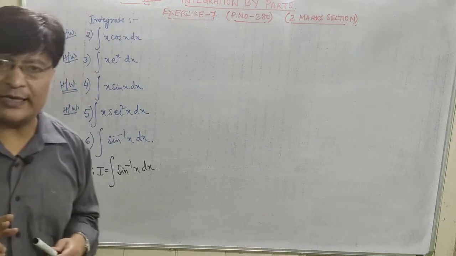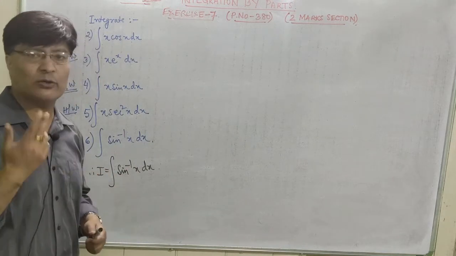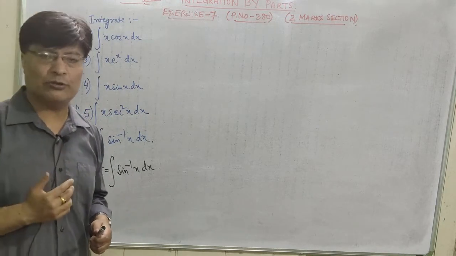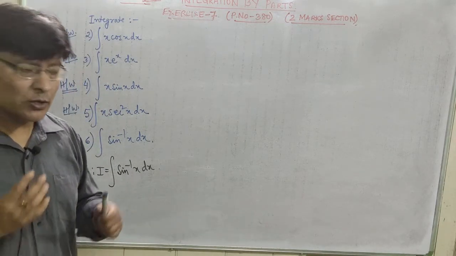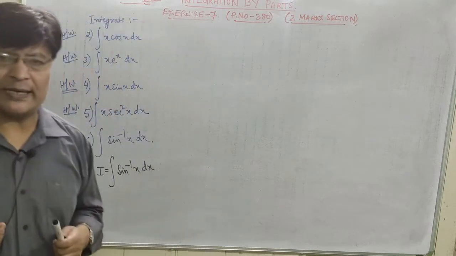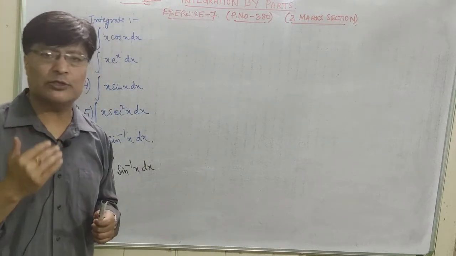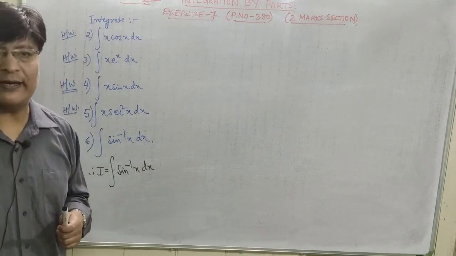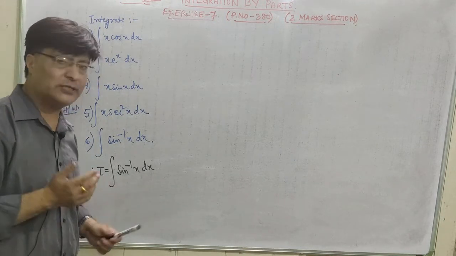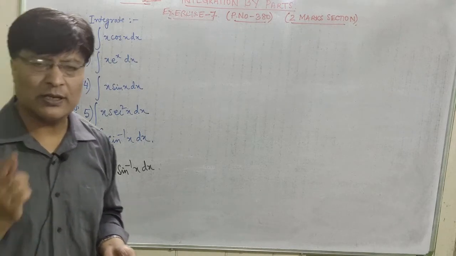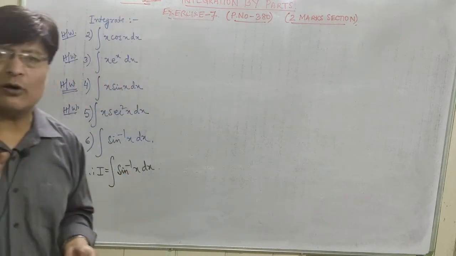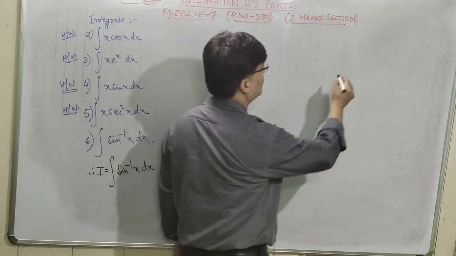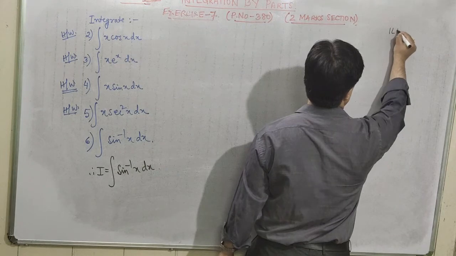Actually there are two functions there. One is sine inverse x and the other one is 1. One can be written as x to the power 0 or e to the power 0, isn't it? Or x to the power 0. So this x to the power 0 may be taken as, I already told you that this x to the power 0 can be taken as exponential function or algebraic function. So this sine inverse x is the inverse circular function, and in the word LIATE or ILATE, this I comes first, isn't it? That is in case of ILATE